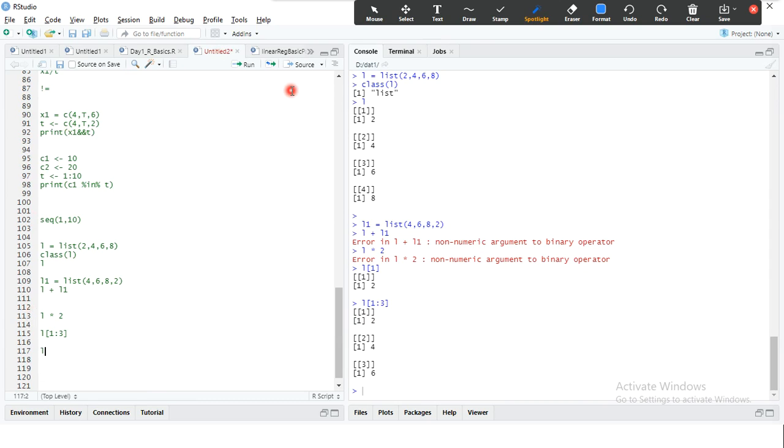And supposing you are using L3, or let's say I'm going to use a vector, I'm going to combine 2 lists using a vector, and we will see what is happening now.